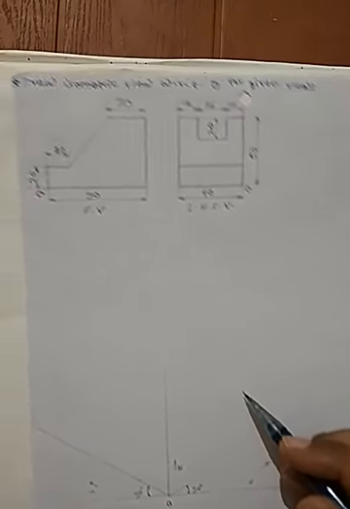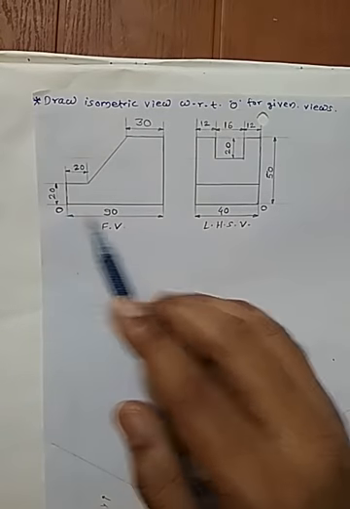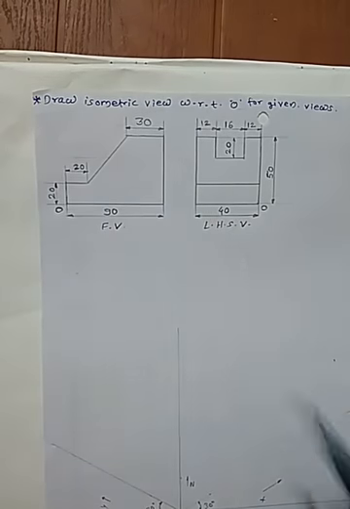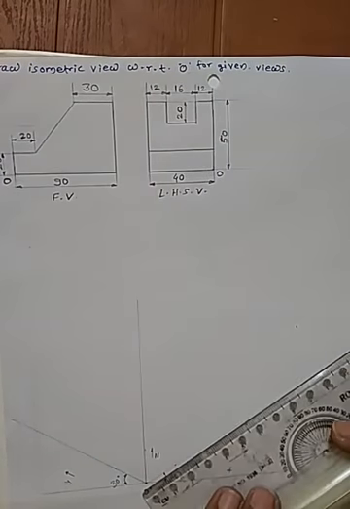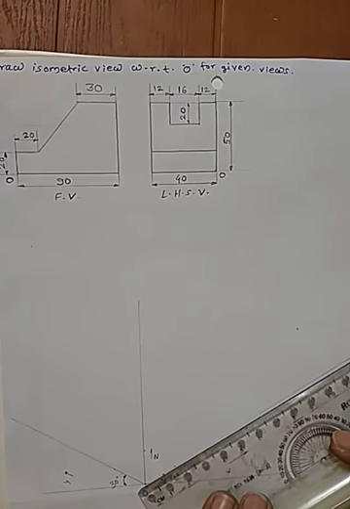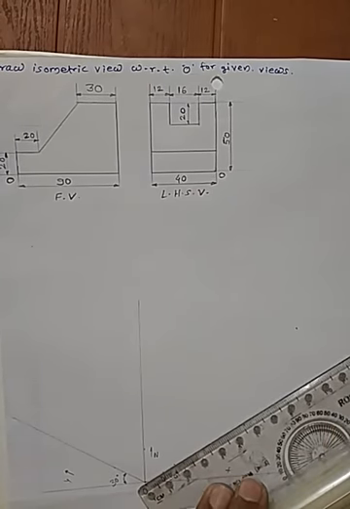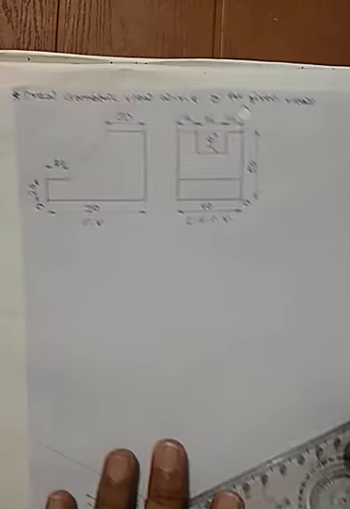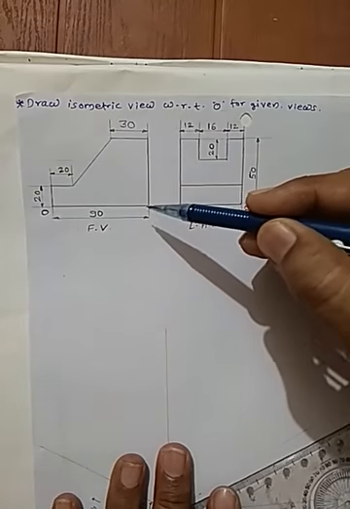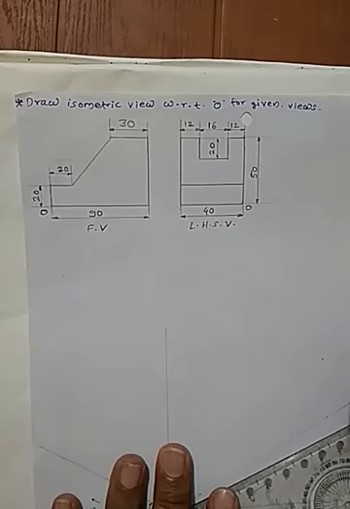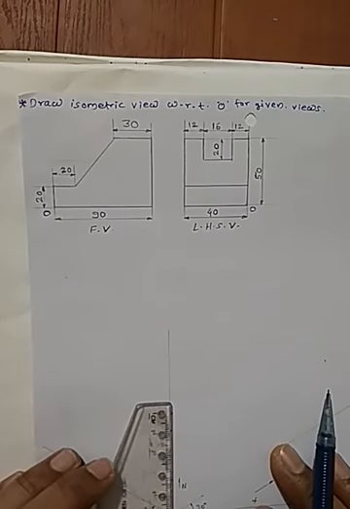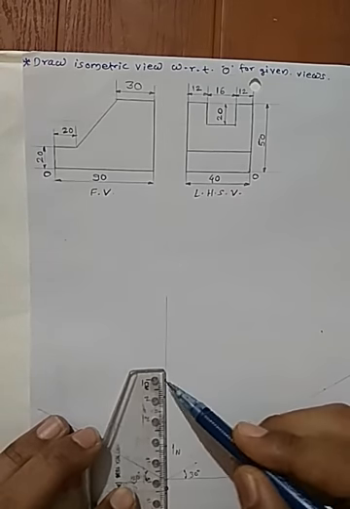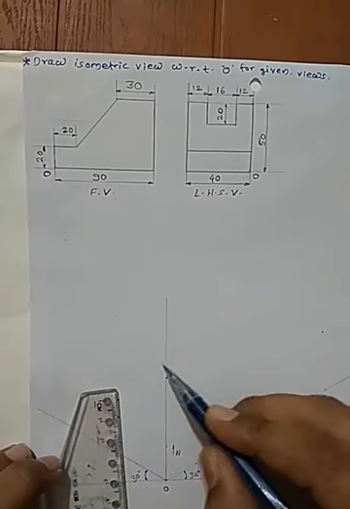Now we need to count that. Let us start with the front view. Towards the right of the origin, this is 90 mm. So let us plot the isometric cube first. Towards the right of the origin we are going to plot the dimension for the front view. Here it is 90 mm towards the right. For the front view, again you can see the dimension, that is, the height is 50 mm. Here it is 50 mm, that is given. So you can count 50 mm on the Z axis, that is the height for a front view.